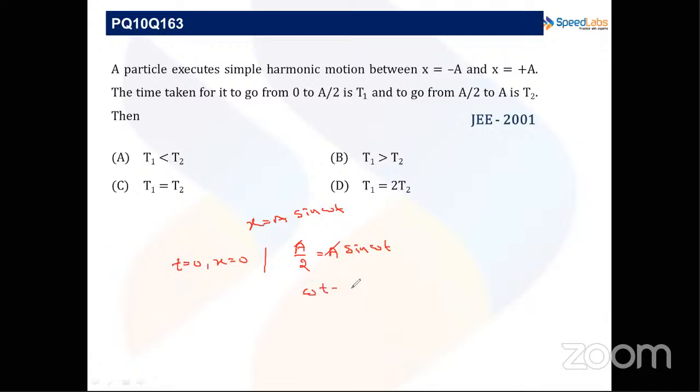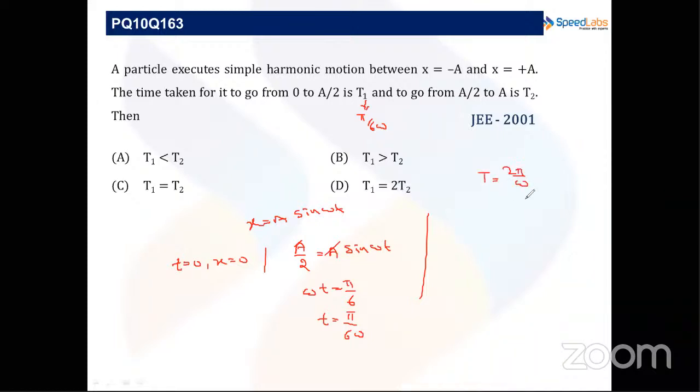So omega t is equal to pi by 6. यहाँ से टाइम की वैल्यू आ गई, pi by 6 omega. And 0 to pi by 6 omega, so time period t1 is nothing but pi by 6 omega. Now take the second value. So हमें पता है already time कितना लगेगा, complete time period, that is 2 pi by